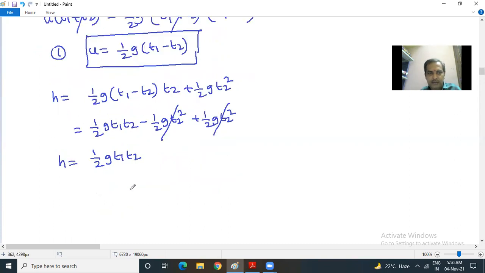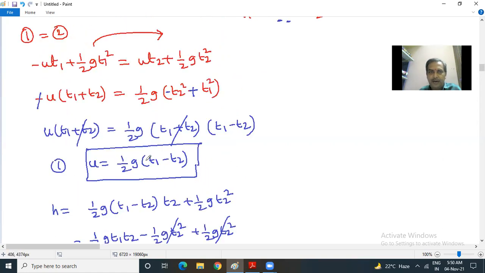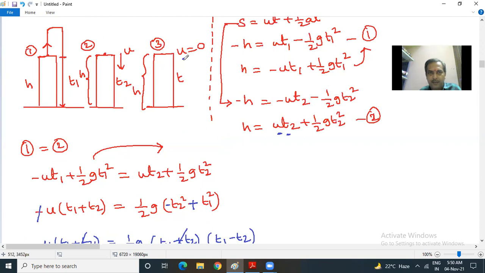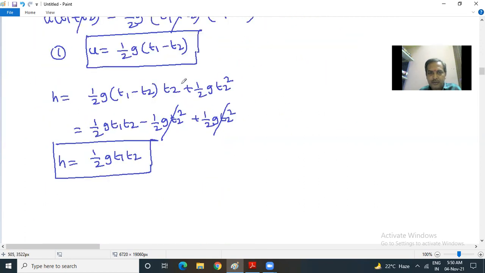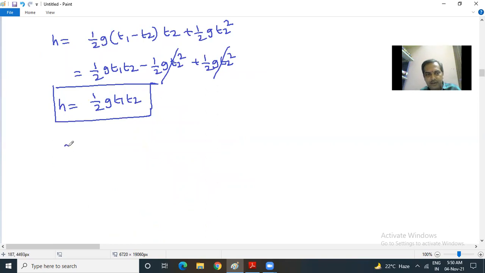Now this is second equation, height of the tower. From the same height of the tower, the third body is dropped. It reaches ground in t seconds. So let us once again make use of S equal to ut plus half at square for the case of freely falling body. So S is the height of the tower moving down. u is 0 in the third case. Half a is minus g t square. So therefore minus minus cancel. You say this is equation 3.